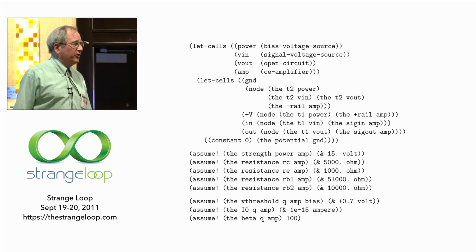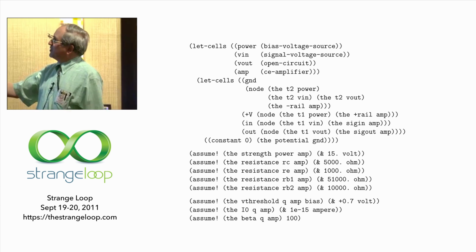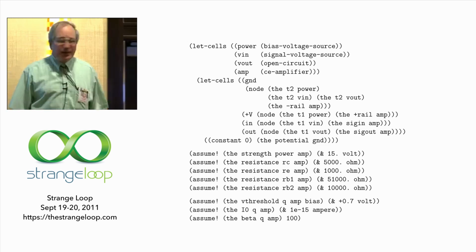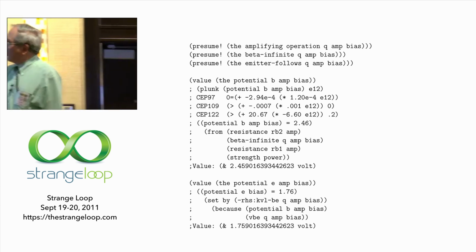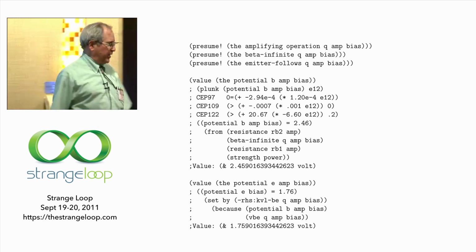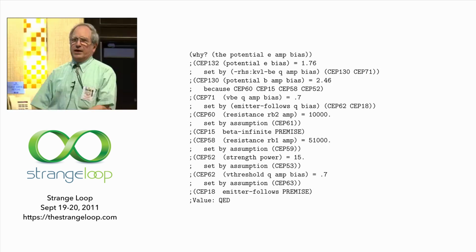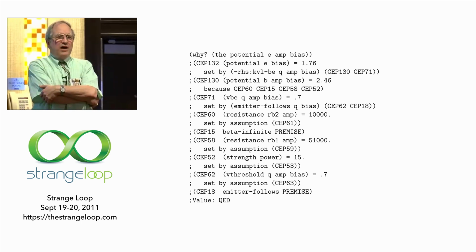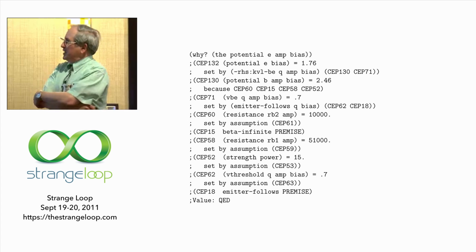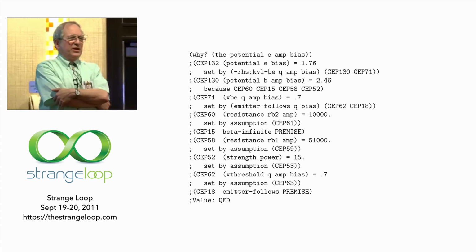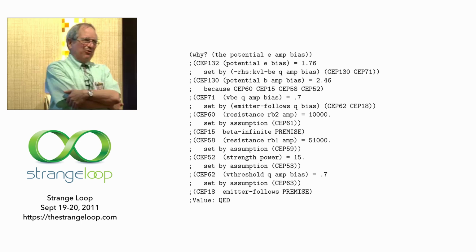This is to make the arguments short enough to put on one slide. Okay, and then I can ask what's the value of the potential of the base of the amplifier in the bias region, and it does some deduction and it comes out with an answer in volts. Okay, and then you say, well, what's the value of the potential on the emitter, and you get the same kind of thing. Not very interesting, but the really interesting thing is here. I can ask why. Why do you believe, Mr. Computer, why do you believe that the potential on the emitter of the amplifier in the bias region is what it is? And out comes a thing with a remarkable QED that has nothing to do with proving. Okay, it's just to be arrogant. Okay, but